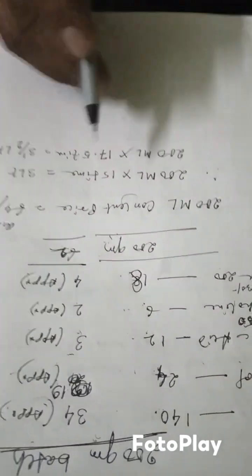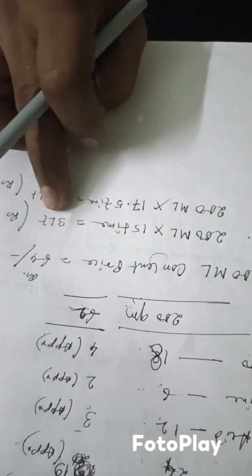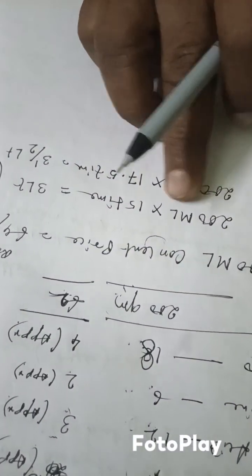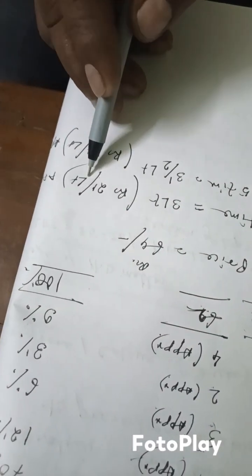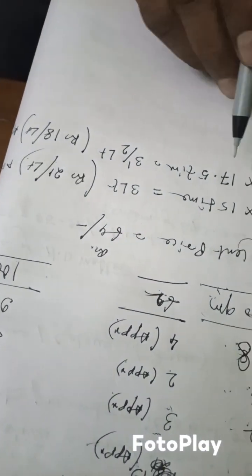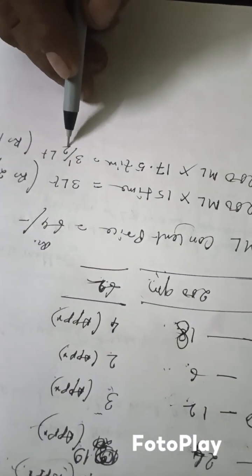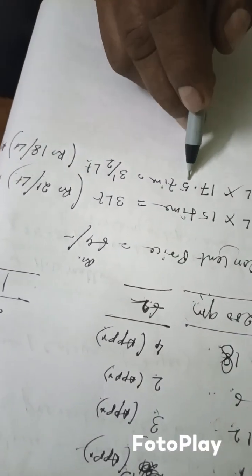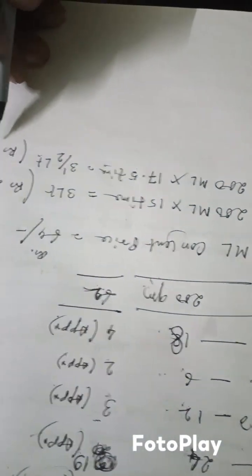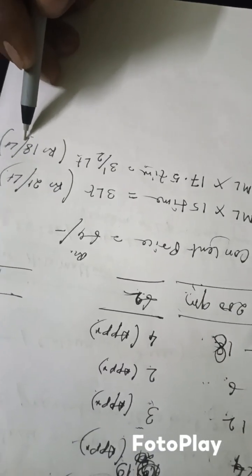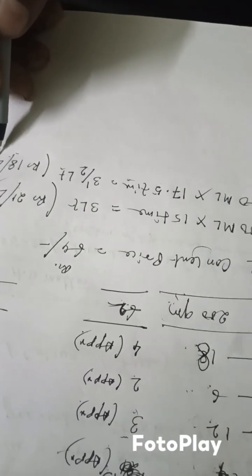If you make 3 liters white phenyl, that is 15 times of 200 ml, it is 21 rupees per liter, and if you make 3.5 liters, that is 17.5 times of the 200 gram concentrate, it is 18 rupees per liter. Okay,